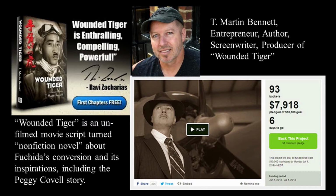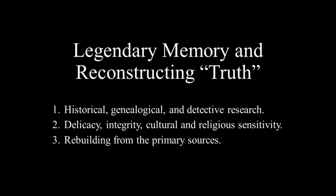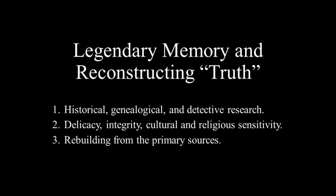Martin's effort is essentially his life right now. And so this became for me an opportunity to use all different kinds of research materials. For example, you'll see genealogical aspects. A lot of you know I teach how to do family history and do a lot of it myself. It's a detective story. It's also one that's taken a lot of delicacy and sensitivity, because what I discovered was